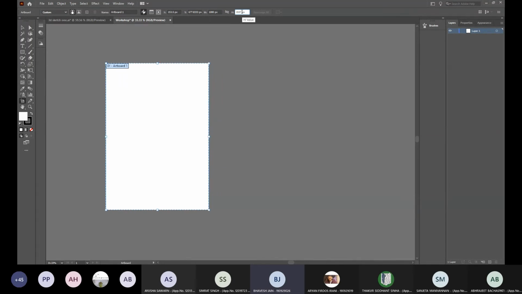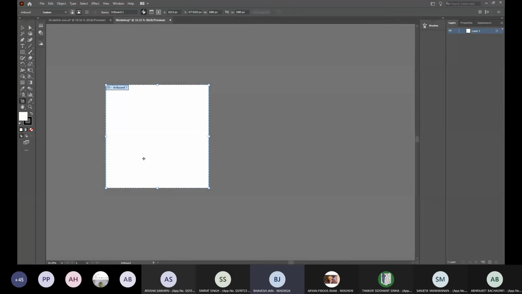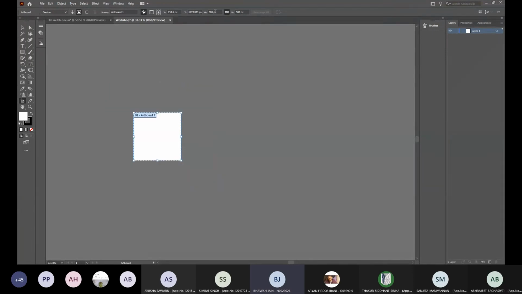So I go here and I alter the height to 1080. Now you see we got a square of 1080 by 1080. And the little clip that you're seeing over here, if I link these two together, the ratio will remain the same. So if I make it say 500 now, the height also reduces by the same amount. And I put it back to 1080 now.